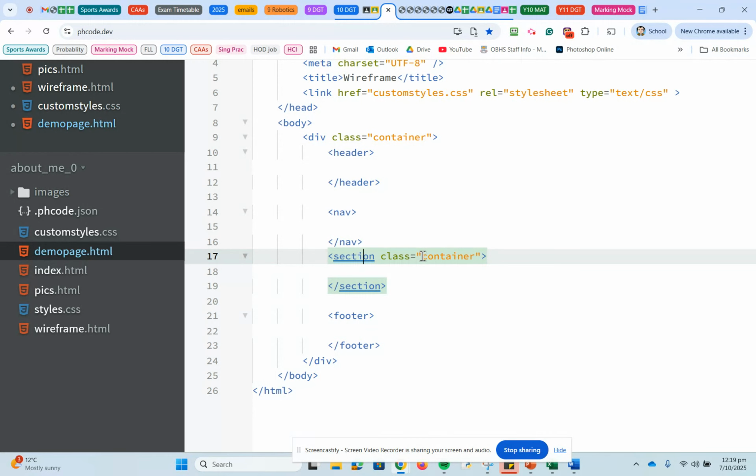If I use the name that, they'll be styled the same. Show you what I mean. So see how I'm using class? It means I can reuse the word. So if I go into custom styles,